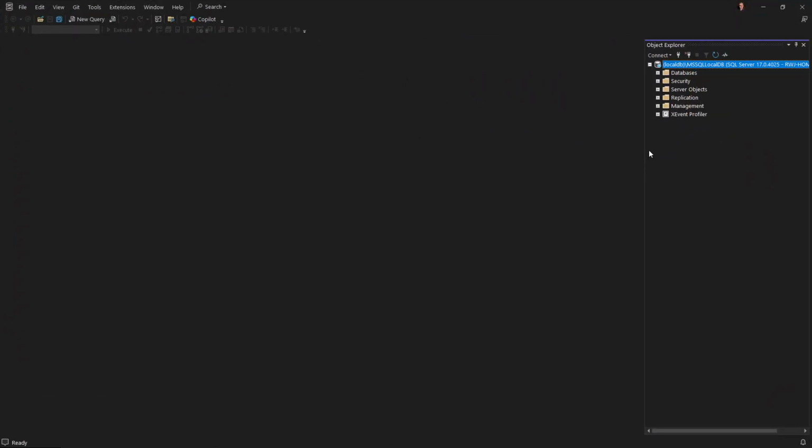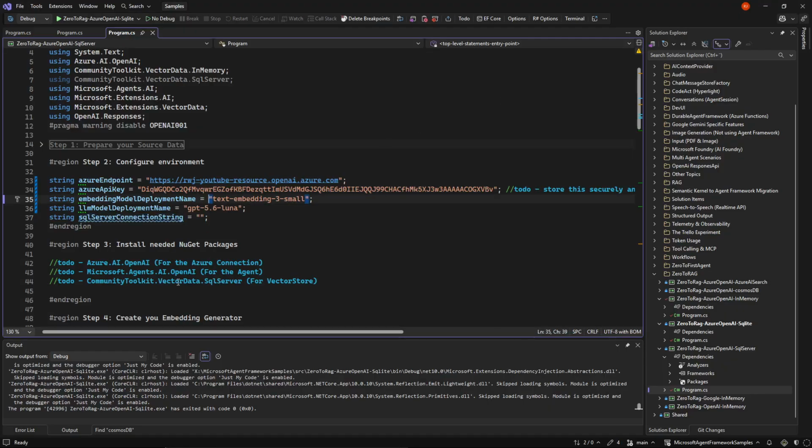There we go. I have my SQL, and the only thing we need to prepare is we are going to make the table or the database. It won't make the database automatically, it will only make tables inside that database. So we have our YouTube database here, and we're going to, of course, need a connection string for that.